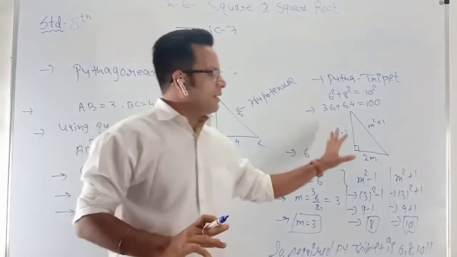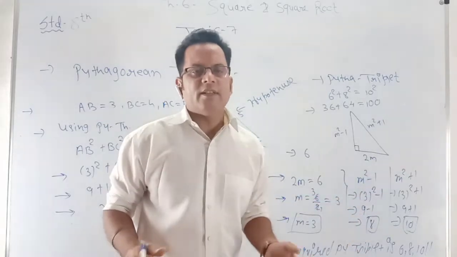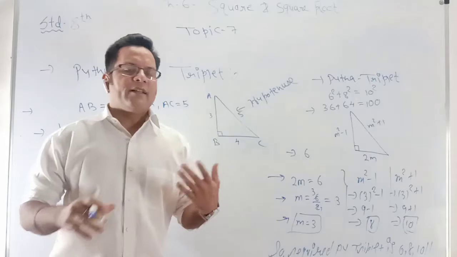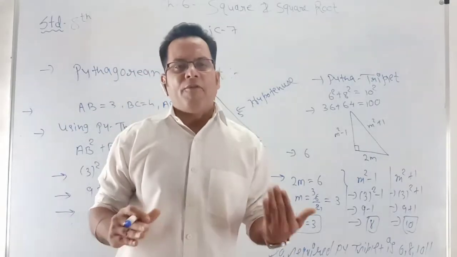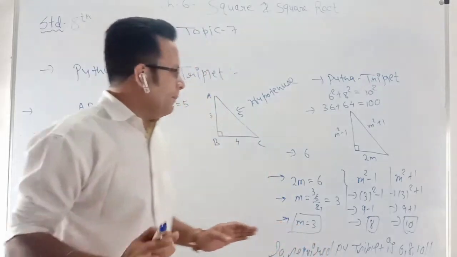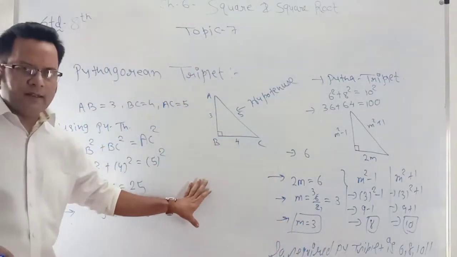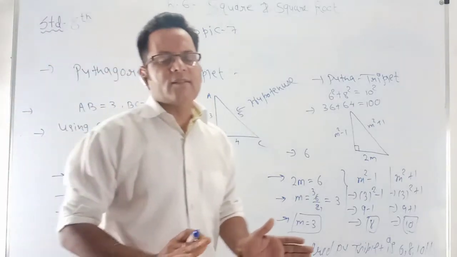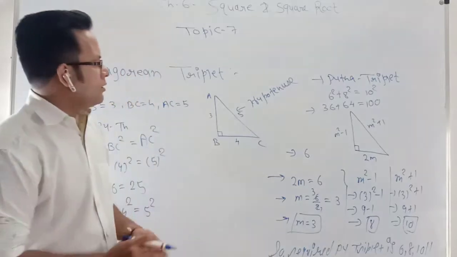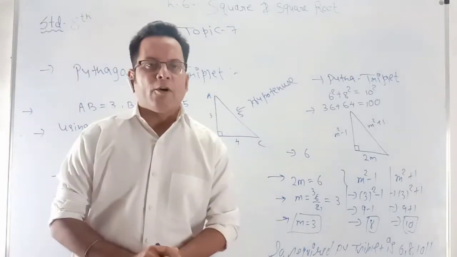So remember that these are the members only, 2m, n square. Here 2m, you can say 2n also. These are the only members. Okay. So with the help of this Pythagorean triplet, you can find the triplet in a proper way. Remember, first of all, you have to understand the Pythagoras theorem. Sum of the measure of two sides will be equal to the third side. So this is all about, students, Pythagorean triplet. You have to understand very properly.